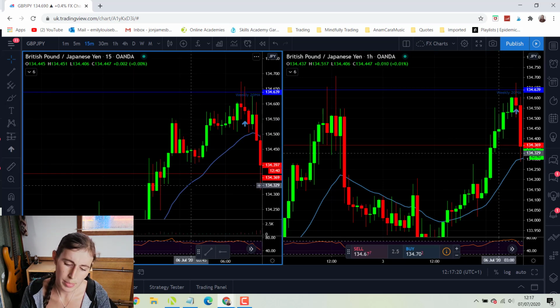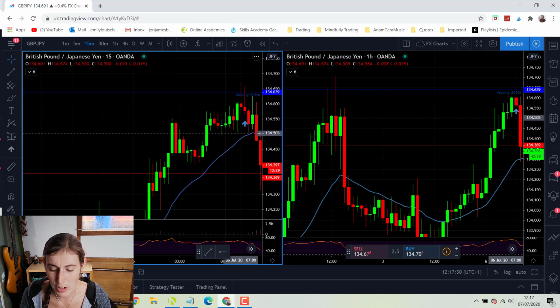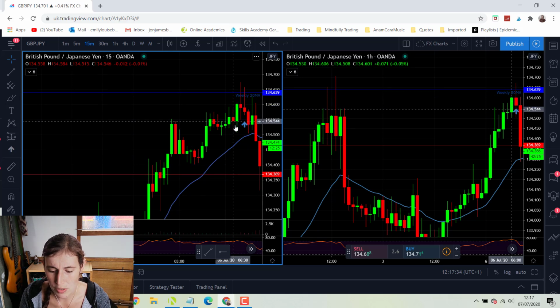That red pin bar there is quite a nice indicator, because it's rejecting this weekly moving average. It's got a very long upper wick, so the price action did move up and then it came back down where it closed. It's quite a bearish candle, but because it's also an inside candle of this previous doji,